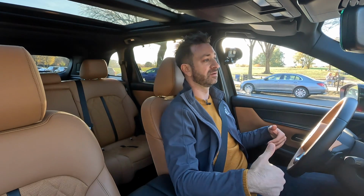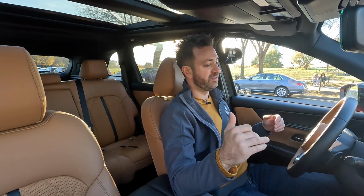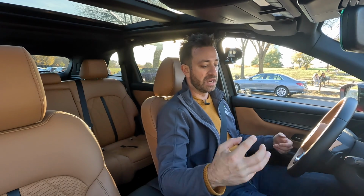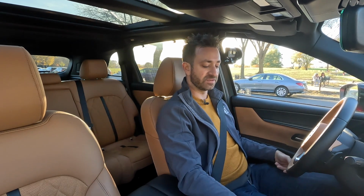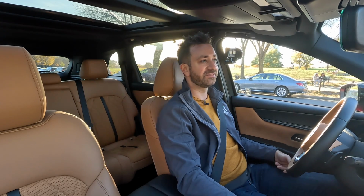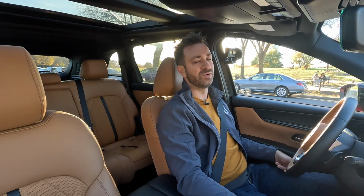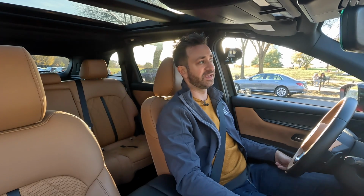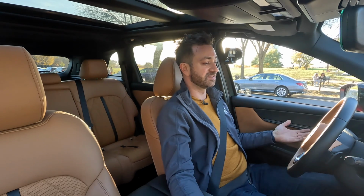The seats are showing no signs of wear. Everything just feels still very solid in here. The one thing that I've noticed is the shifter, the shift knob, has a teeny little bit of left to right play that, who knows, people might have been forcing it or messing with it. So not an indication of how these cars are going to age entirely, but also this is generally holding up